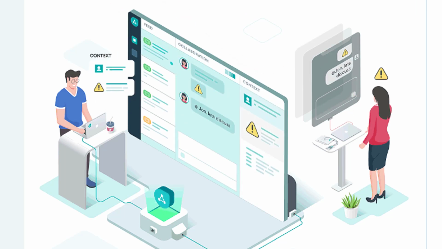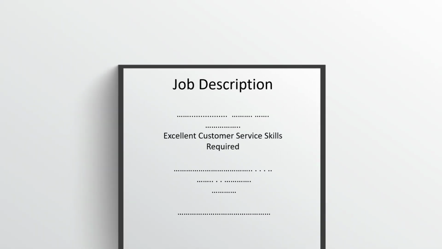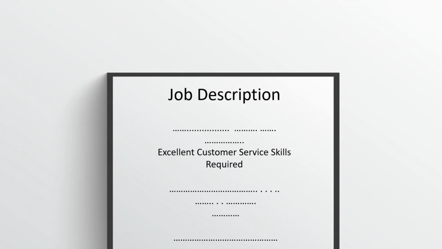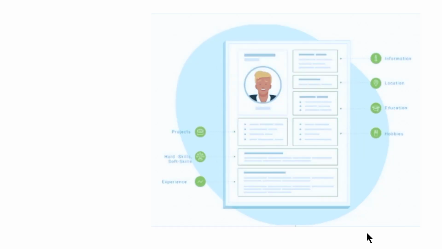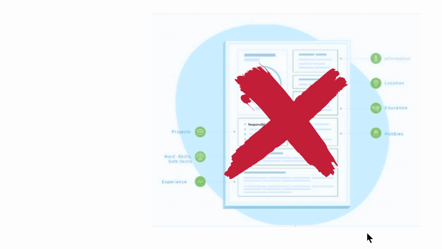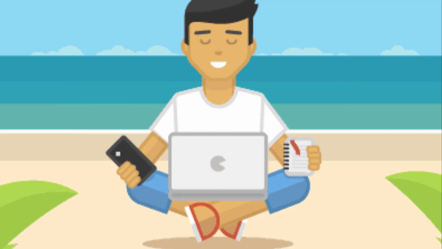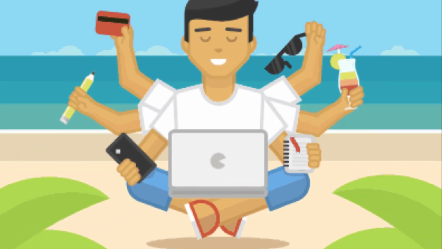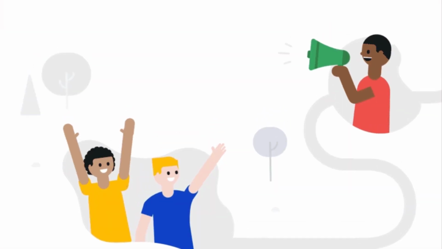Let's say you want to be a waiter in a fancy restaurant. The job description says, excellent customer service skills required. So you write, responsible for customer service, as a bullet point under your present retail job. Stop right there. What does responsible for customer service even mean? Here's what you should write. Decreased returns by 10% through excellent customer service. This was just an example. Always try to quantify your results. It would definitely grab the hiring manager's attention.